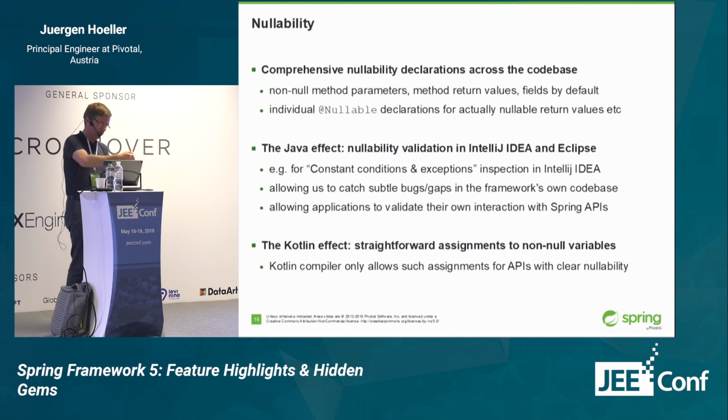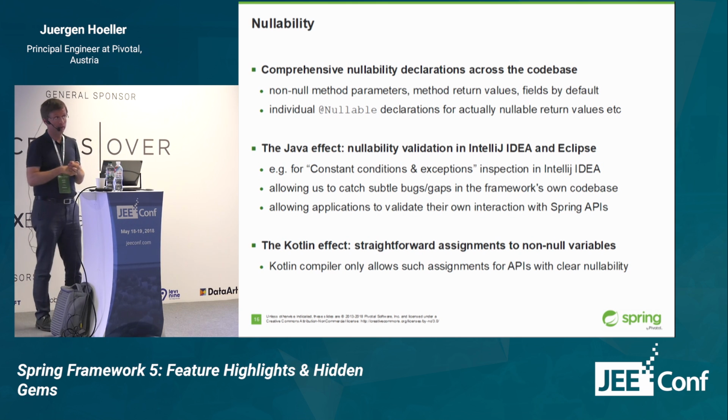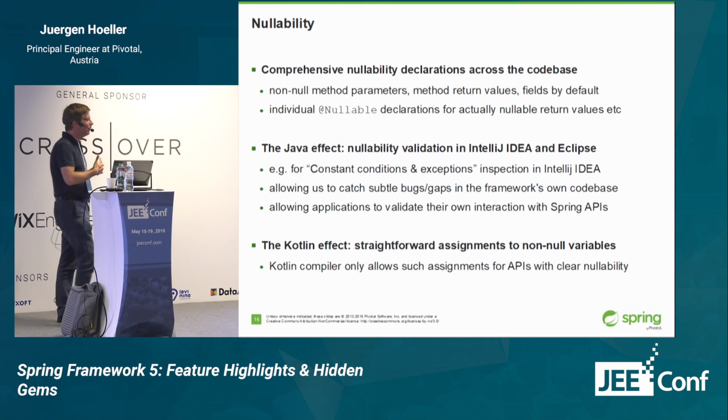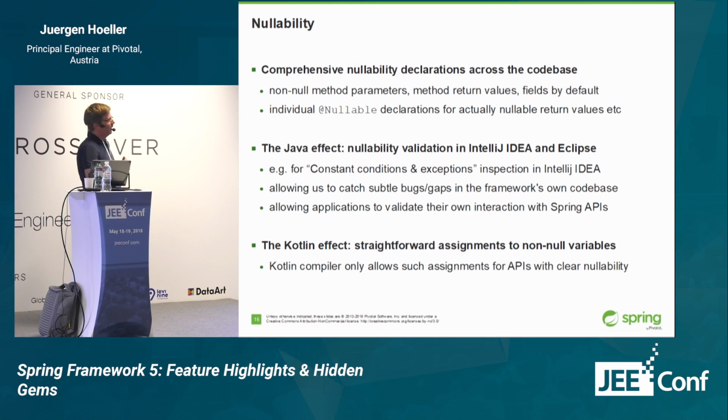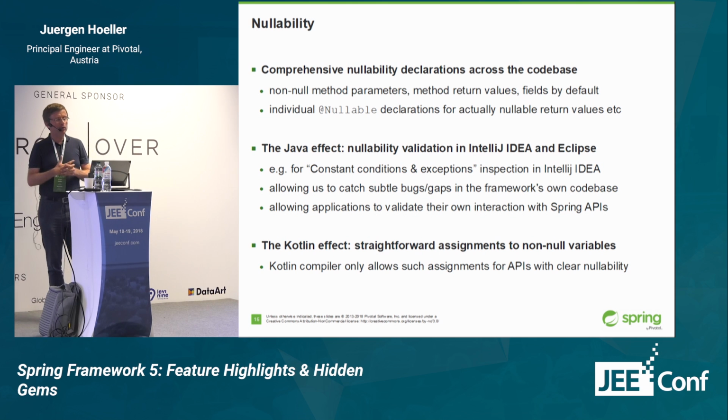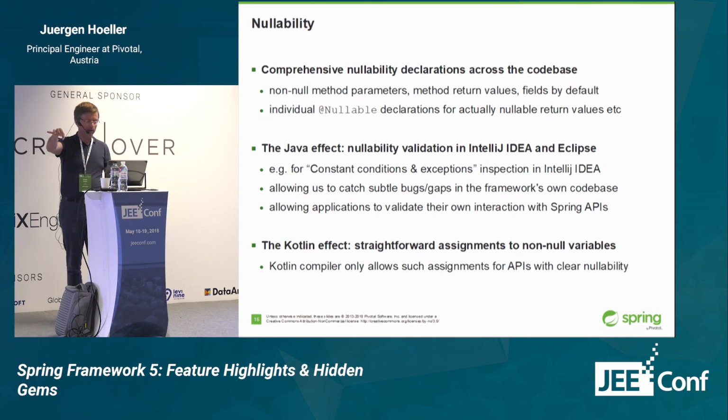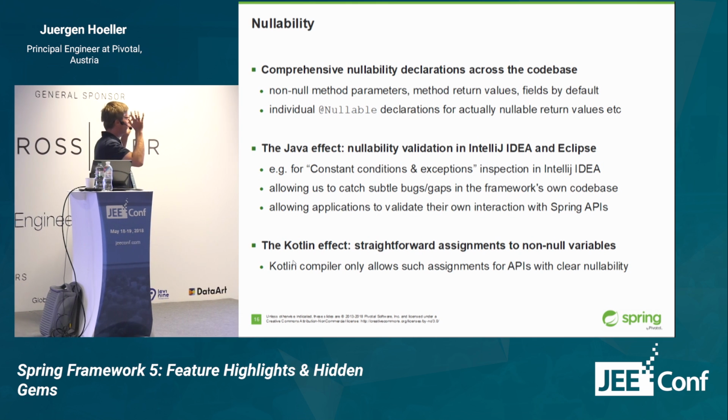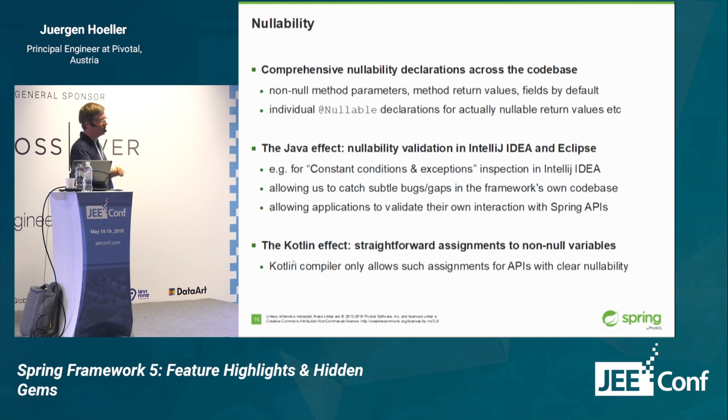Returned values, outgoing values from a method call, are also not null by default, and even internal fields are not null by default. If something is actually nullable, if a parameter may be null, if a return value may be null, or a field may be null, then you'll find explicit @Nullable annotations on those artifacts now, all across the code base. The primary reason why we're doing this is Kotlin, because Kotlin makes use of nullability declarations for